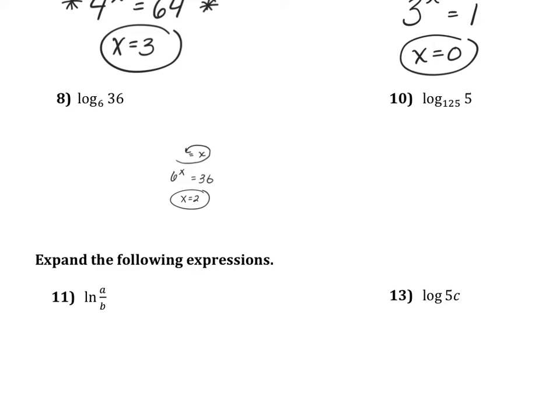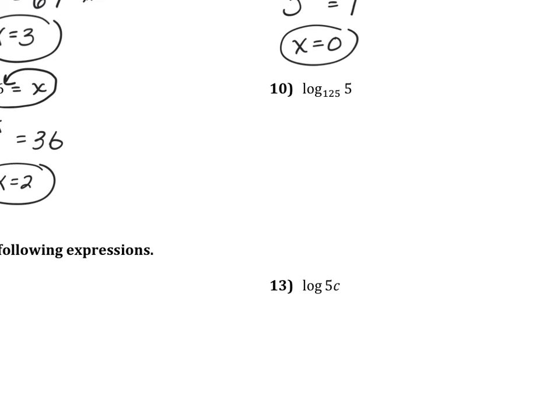Then the last one of this type is number 10. Set it equal to x, loop around. And it's going to look a little different than the previous 3 because now you have this big number out front, 125. To what power is now going to take us all the way back to just 5? So you have to remember, if you're going from big to small, it's going to be a fraction. But then you have to kind of think backwards, and you'd have to say, all right, well, I know my answer is a fraction, and just as a helpful hint, you guys, it's going to be 1 over some number,